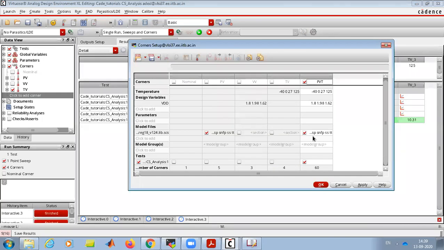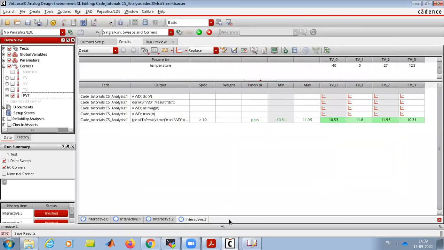Since we have only one transistor, and our resistor is ideal, the case count is small. If we have other, different components, we can use a real resistor also, and then our corners will increase. Now we are doing the exact PVT.